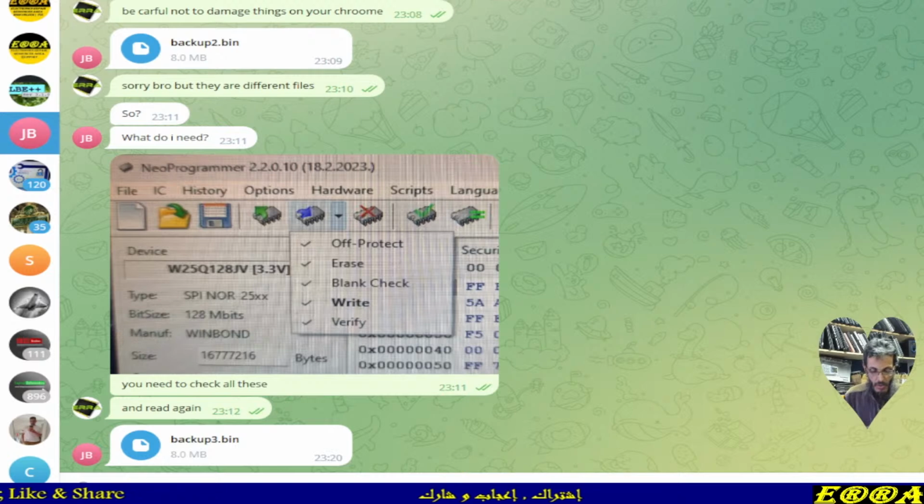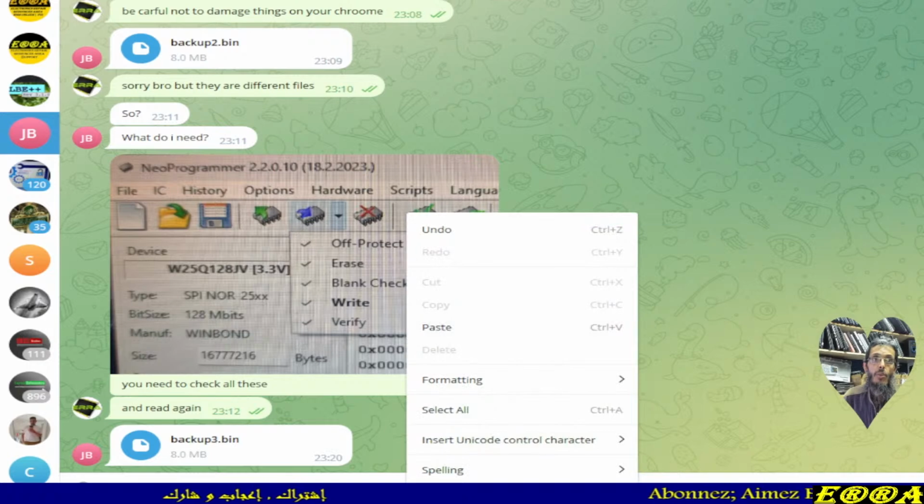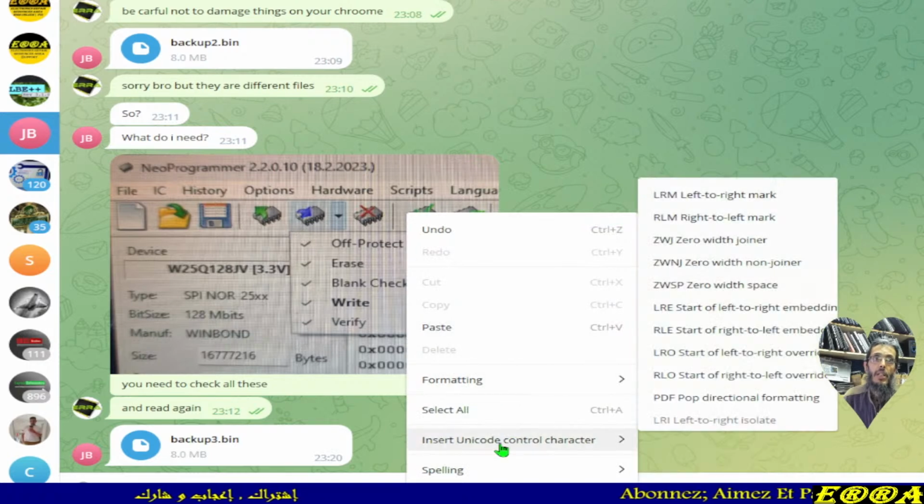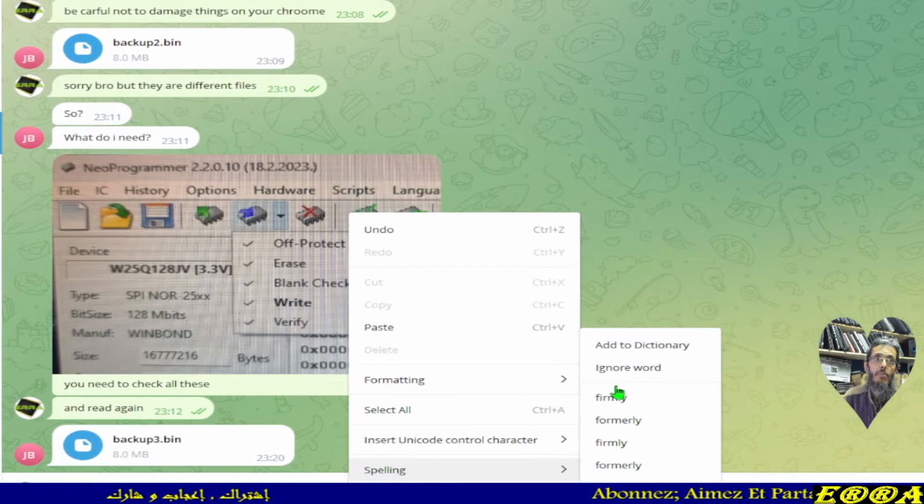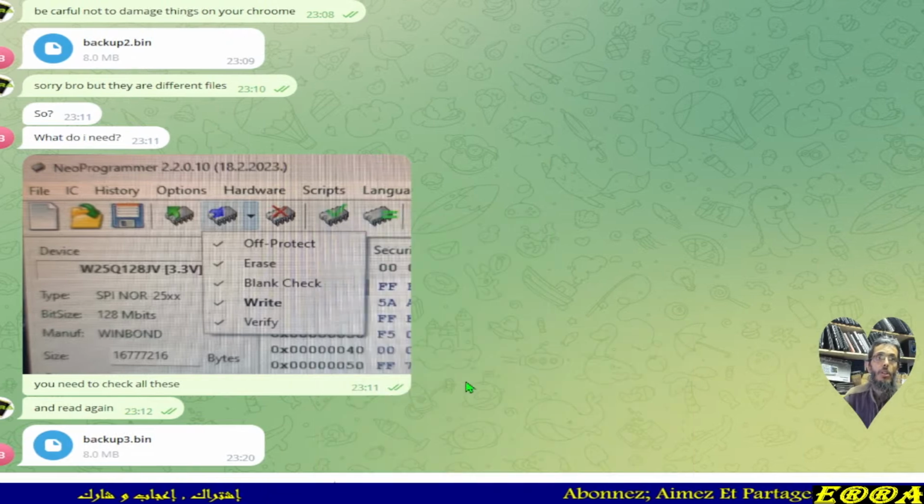Please remove the clip and put it again on the chip firmly. So pay attention to this, firmly. So I have experienced the clip, I have worked with the clip, but I work with the clip with the chip removed.